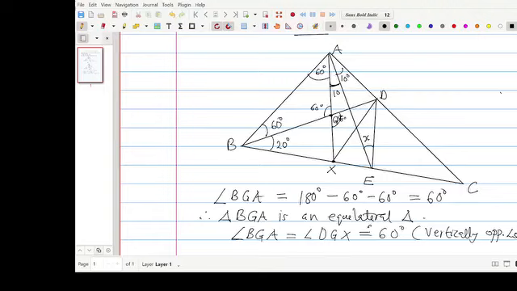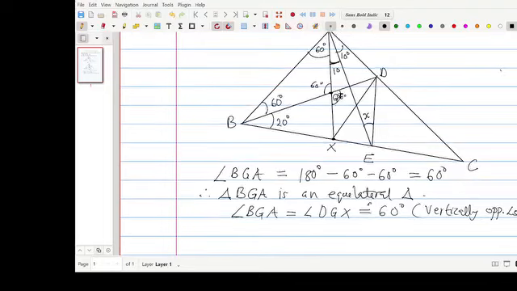Hope you can see that. So there's 60 degrees. So take note of that. Now we've established that already. Now observe carefully. Since triangle BGA is an equilateral triangle, it follows that